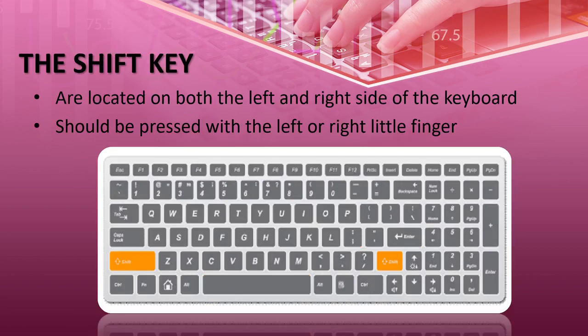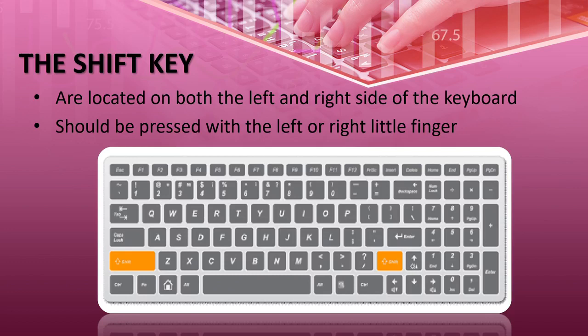Now see the shift key. Which color do I indicate here? Yellow color. And what does the yellow color indicate? Which finger? Does anyone remember this yellow color? Little finger. Yellow color is for the little finger. So the shift key is used by a little finger. Remember what I am saying? A shift key is pressed by a little finger.